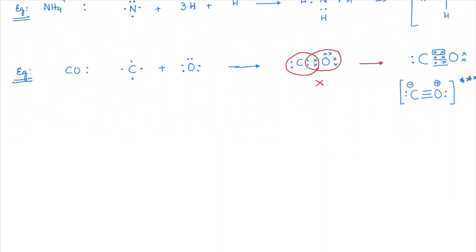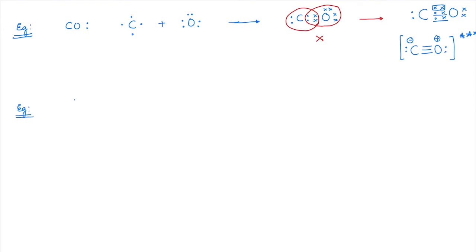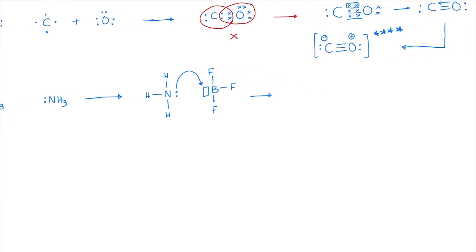Right? Okay. We'll take one more example. Suppose you have a BF3 molecule already present, and then there is an NH3 molecule. These two can also make a bond, where nitrogen already has an octet completion with 3 bond pairs and 1 lone pair. Boron, on the other hand, only has 3 bond pairs and an empty orbital. Its octet is incomplete. So the lone pair from nitrogen can be donated here, and that makes a coordinate covalent bond or a dative bond, something like this. F, F, F, nitrogen we have H, H, and H. So this is the bonding which you will have.